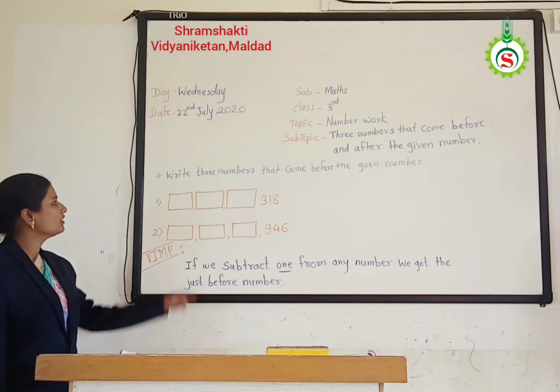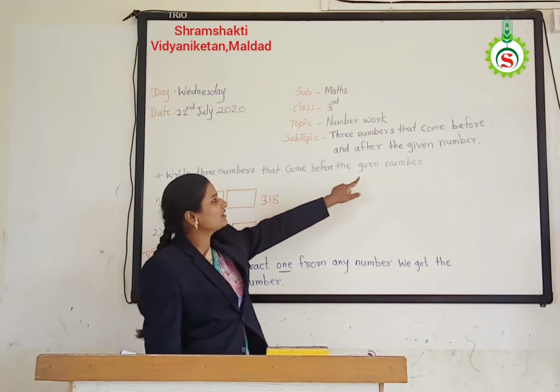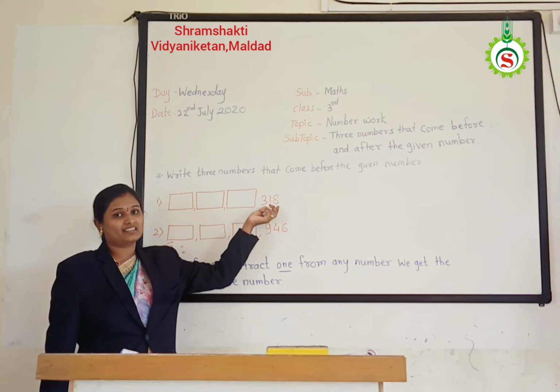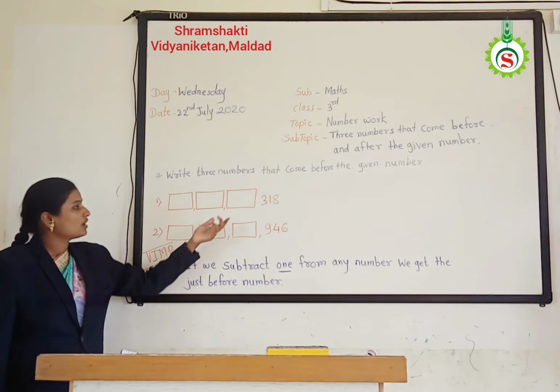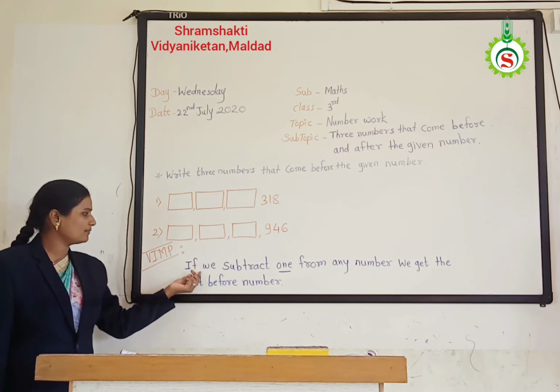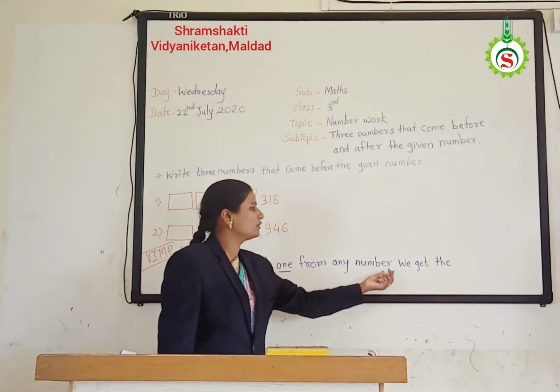Understand? Write three numbers that come before the given number. Which given number? 380. How to find? See, first important point: if we subtract 1 from any number, we get